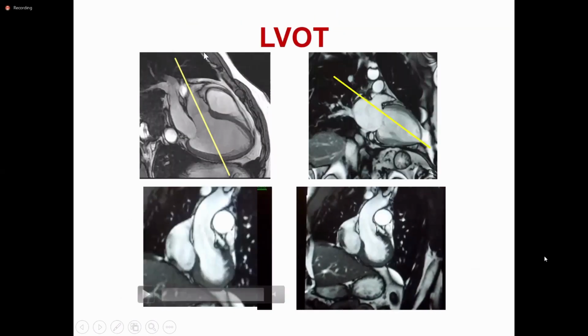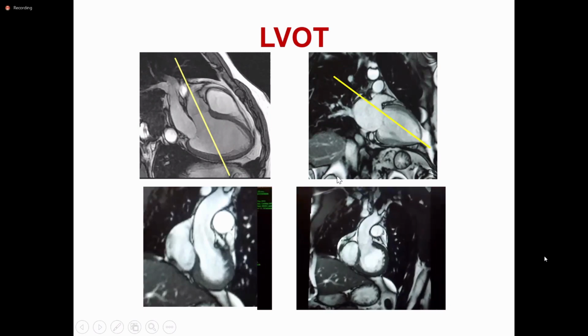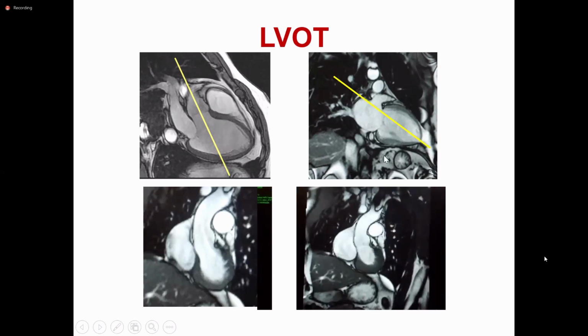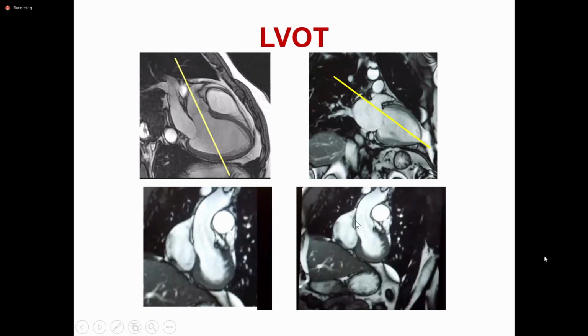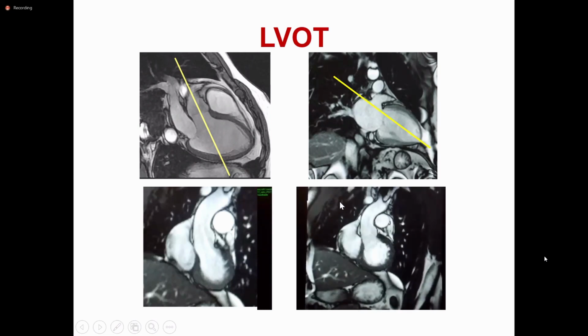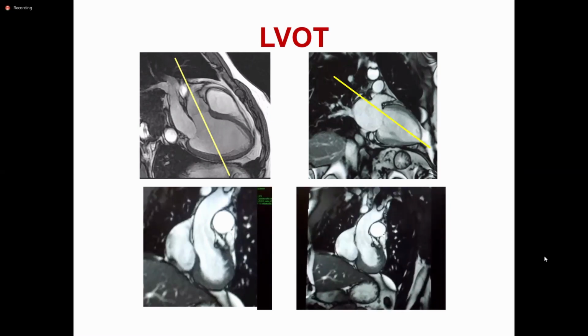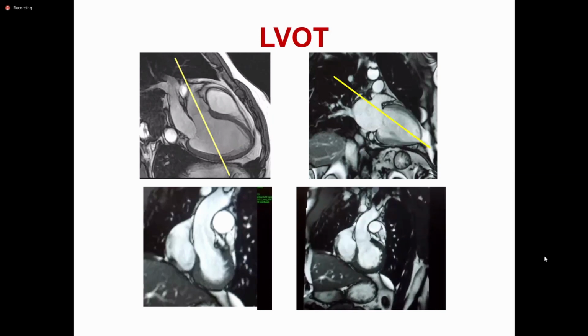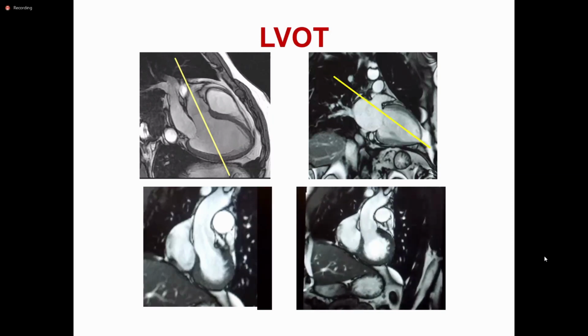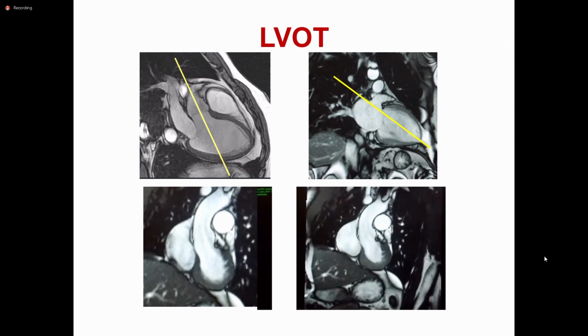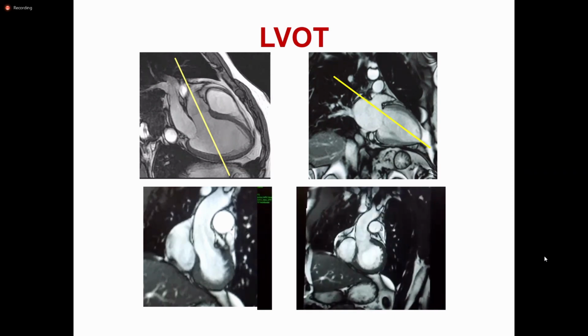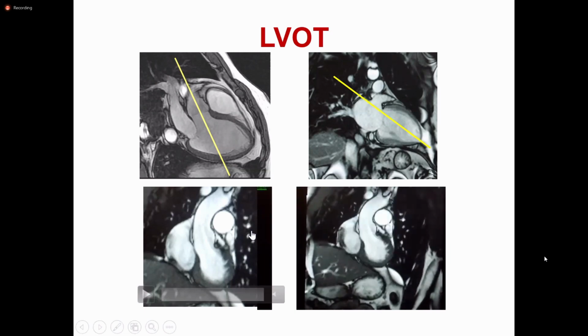And one important factor when you're doing left ventricle pathology is the left ventricle outflow tract view. So this is how you get it. If the patient has arrhythmia, you can adjust the phases: if the patient's heart rate is more, you can reduce the phases; if the heart rate is less, you can increase the phases. Okay, so that is one thing that you need to keep in mind when you're doing a cardiac MRI. And we have come to the end of it. We'll just conclude with concerns related to contrast media.